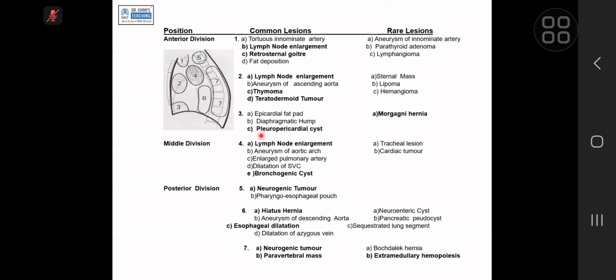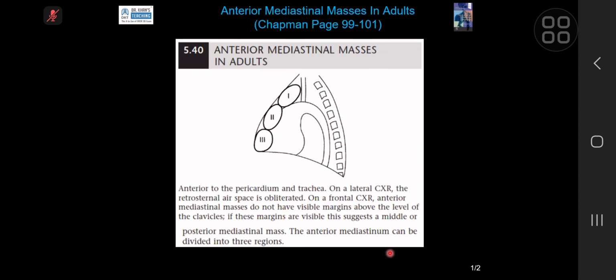And there is a particular differential diagnosis. And this is the area 6. This is where our case was. And hiatus hernia, aneurysm, esophageal dilatation, etc. And of course, you can add any other diaphragmatic hernia also. This is the same concept on